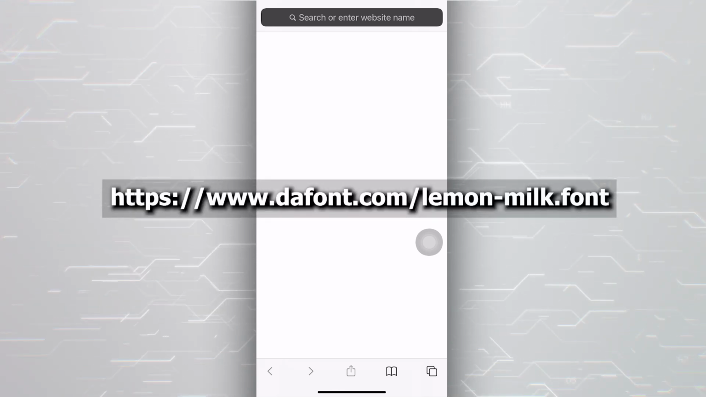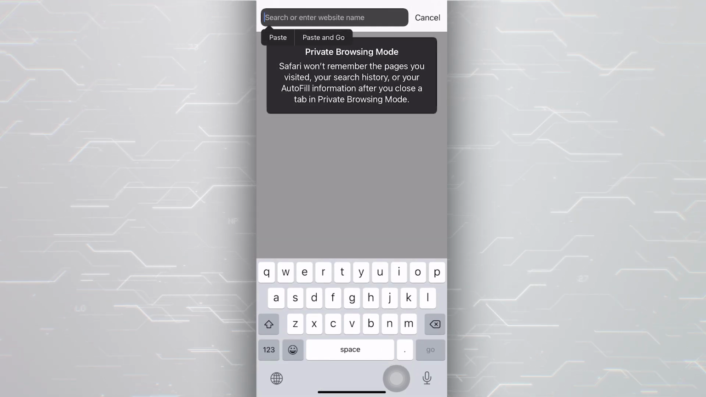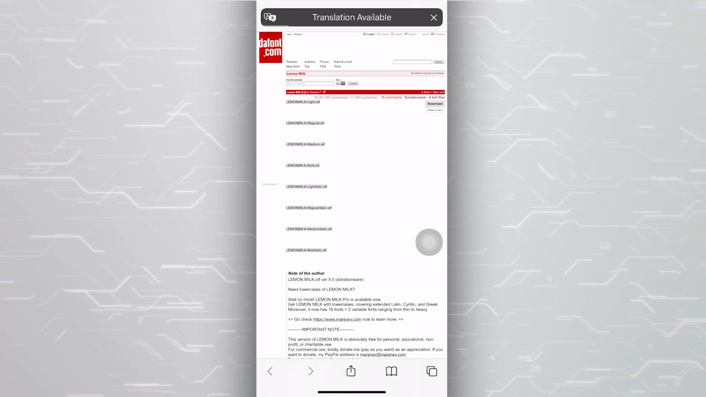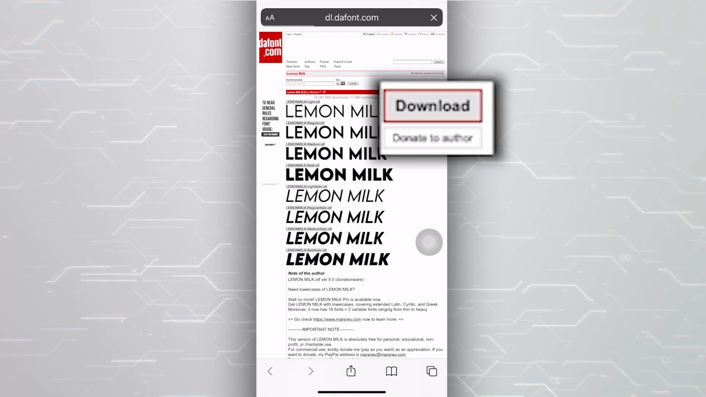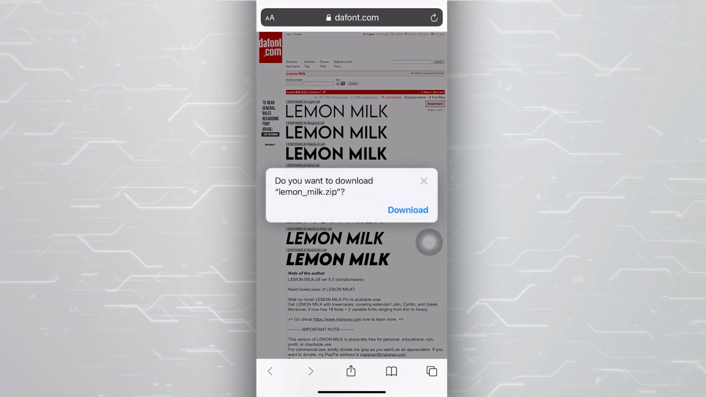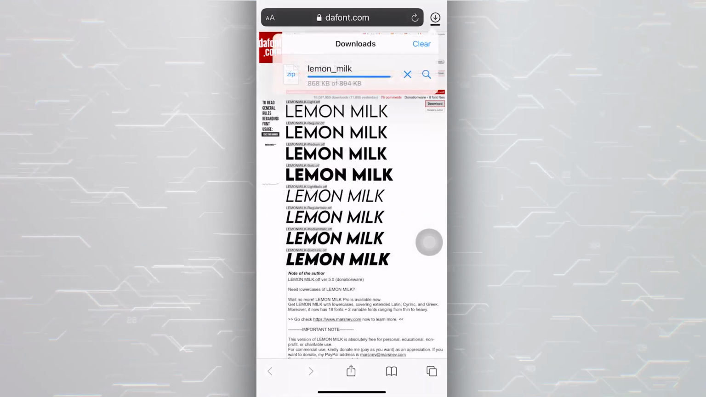Open the browser on your phone. Type this address into the address bar. Once the page is loaded, click on Download here to download the font. After the download is complete,